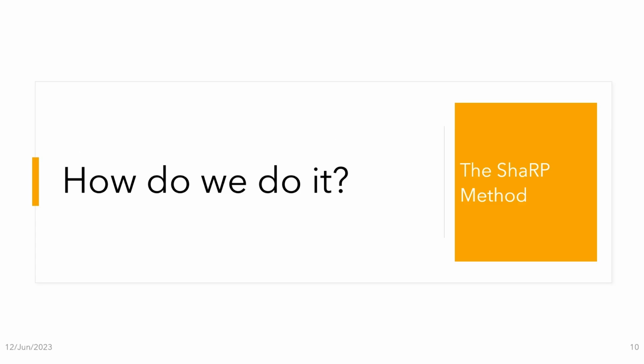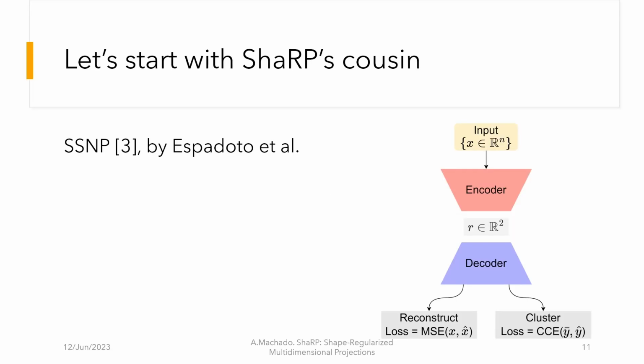And how do we do it? Let's dig into how this algorithm actually works. We're going to start by looking at a very close relative of ShaRP, which is SSNP, some work by Machado and collaborators. SSNP is an algorithm that uses a neural network to learn a projection of some data